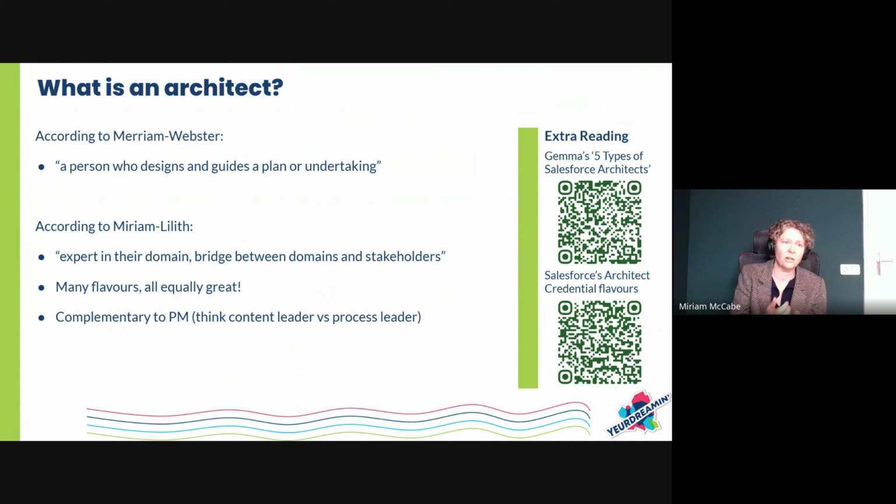And they might actually also help the project manager come up with additional activities for the plan, such as, for example, I don't know, the firewall needs to be opened, which is something that the project manager would never have come up with, right? So in terms of communication, which is what this session is about, the content of that communication is very different. So a PM is going to be talking a lot of the times about what and when, and the architect is going to talk a lot about the how and the why.